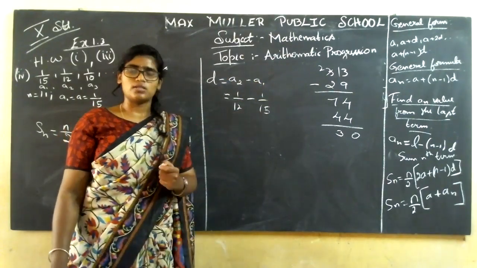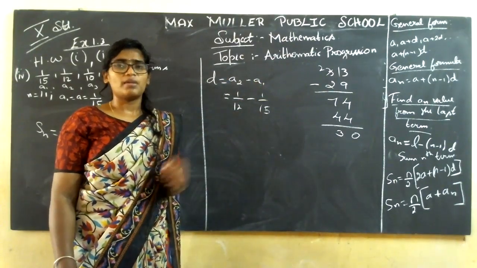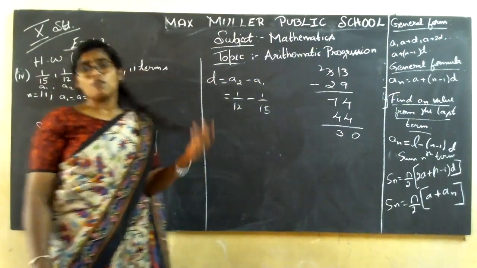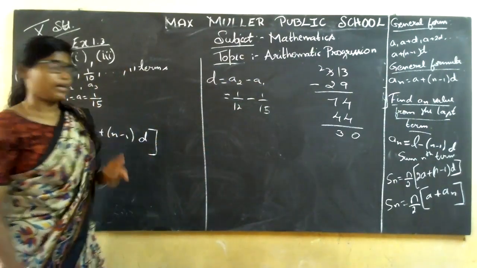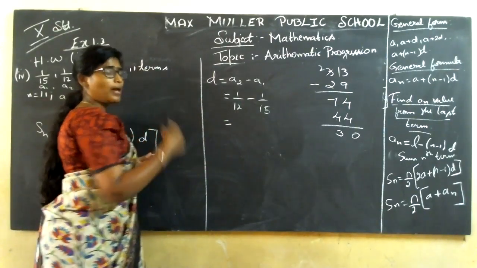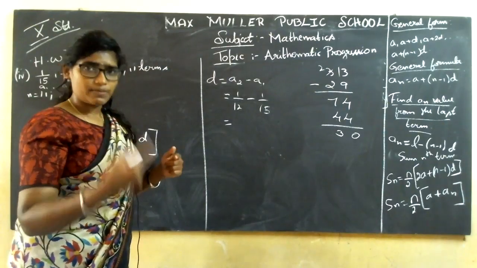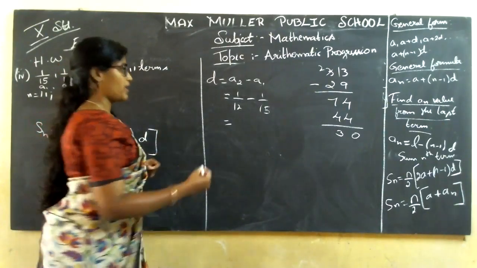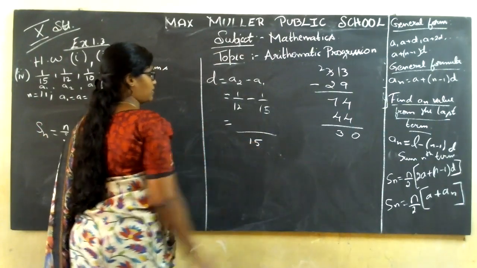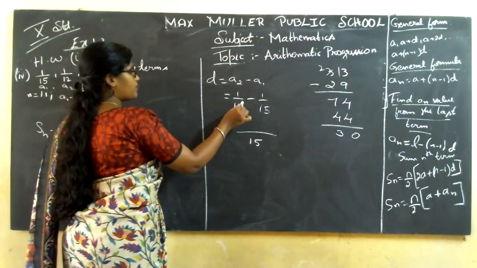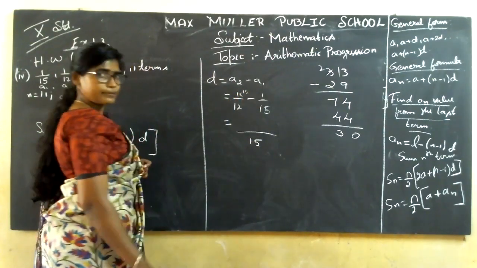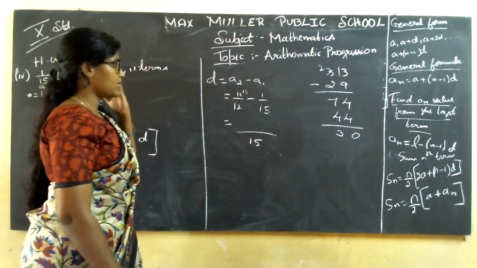12 and 15 go in the same table. Only table 15 and 12 go. Yes, 3 4s are 12, 3 5s are 15, correct. When the denominators are going in the same table, at that time you are going to take the highest number. Which is the highest number? 15 is the highest number. Clear? So here in the numerator you need to get 15. Correct? Yes?